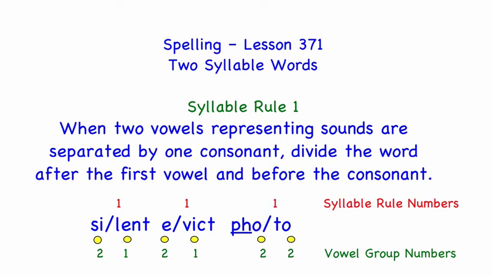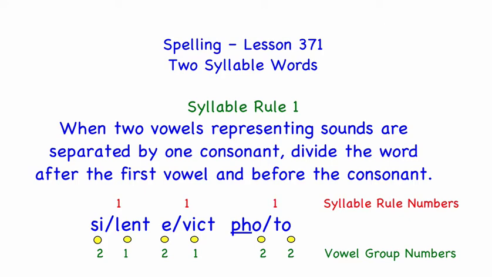This is new, and this is a rule you apply when you have 2 vowel sounds in a word and you have to figure out where to divide the word into syllables. And what Syllable Rule 1 says is the following. When 2 vowels representing sounds are separated by 1 consonant, divide the word after the first vowel and before the consonant. And you'll see on this screen, we have 3 words which illustrate this rule. Notice the numbers in red above the word are syllable rule numbers. The numbers in green below the word are vowel group numbers. And the yellow dots you see under the vowel sounds are put there to identify the vowel sounds in the